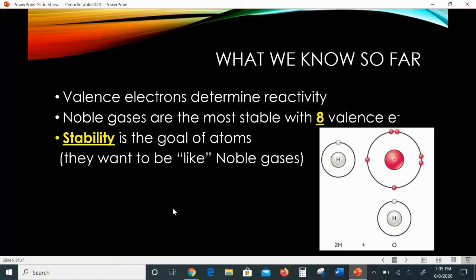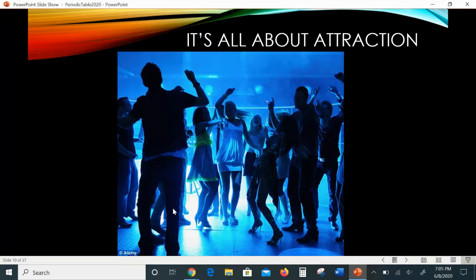All right. So what we're going to do now is called the periodic trends. Periodic trends have everything to do with attraction. So I try to get your attention by playing music, right? Because if you're at the club, then you're trying to be attracted to someone or trying to get someone attracted to you. And the problem is, can't date ourselves with this. So the problem is that there are things blocking, right?